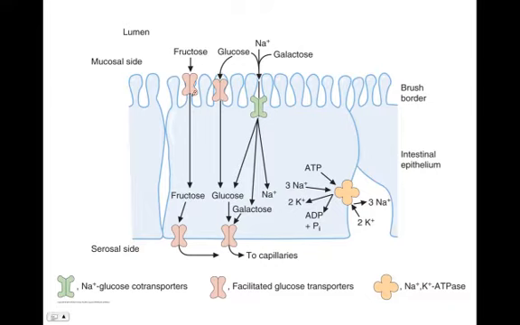Fructose has its own transporter that functions independently of the sodium ATPase transporter. There are also facilitated transporters for glucose, shown here, that function independently of sodium. These facilitated transporters are referred to as the GLUT family of proteins. The GLUT family of proteins is summarized in table 27.5 in your text, and for this specific intestinal epithelium, the isoform is GLUT5. We'll look at the function of the other GLUT transporters in tissues as they are relevant.